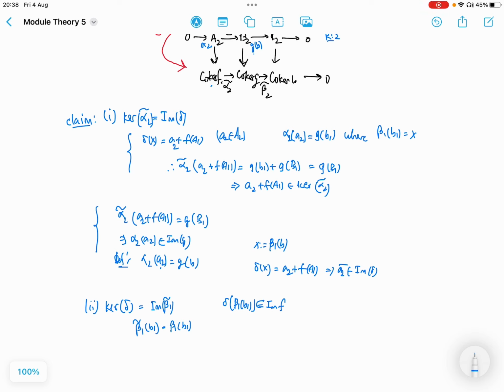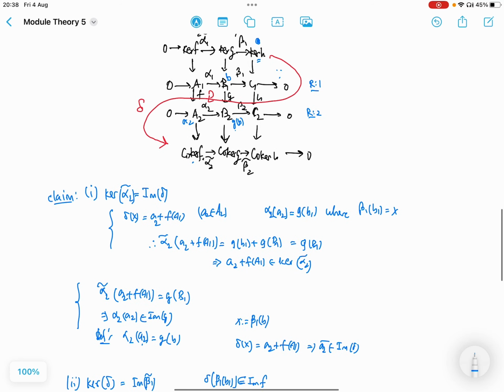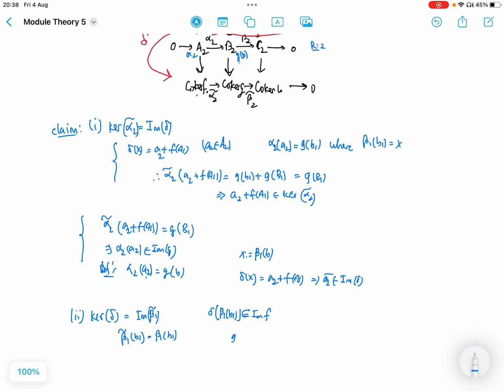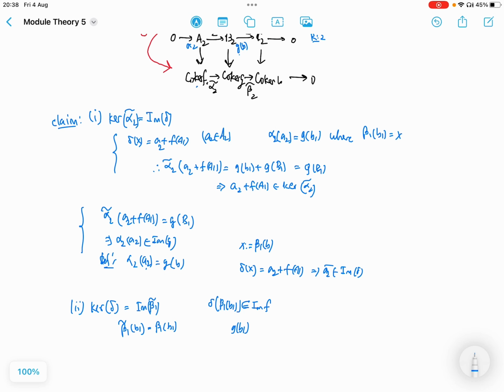So we have beta one of B1, the element, and so this is the element beta one of B1. So this obviously has a pre-image, namely B1, and then what will be this G of B1? So G of B1 will then have a pre-image under alpha 2. Okay, and so what is that pre-image? Let's find it. So G of B1, if you apply beta 2 to it,